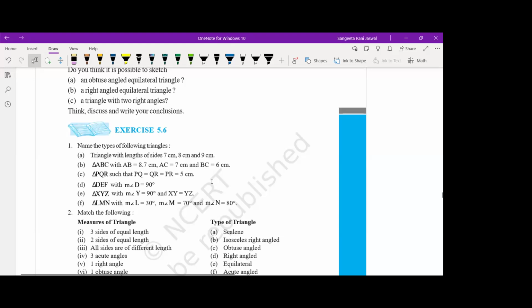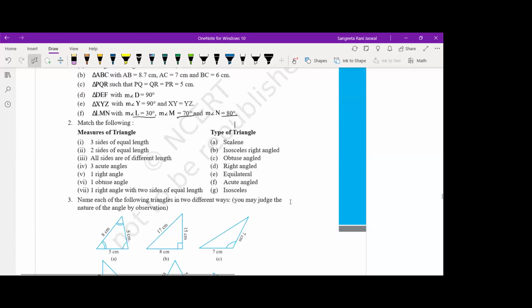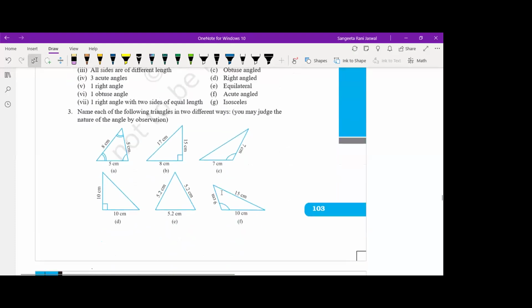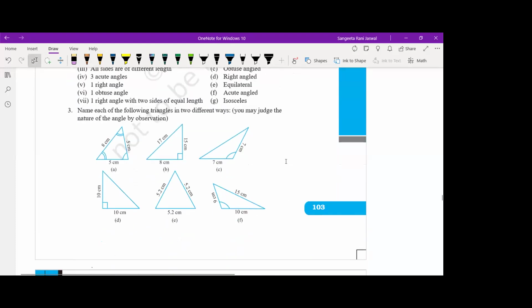Scalene. No, beta, angles are given. Scalene are the sides. These are angles given. This is acute. Acute angle, obtuse angle. So this is acute angle. Okay. Because you can see all the angles are acute in this. So it's acute angled triangle. Okay, now, this we have already done. Let's move further. We are quickly revising so that we can take another topic.